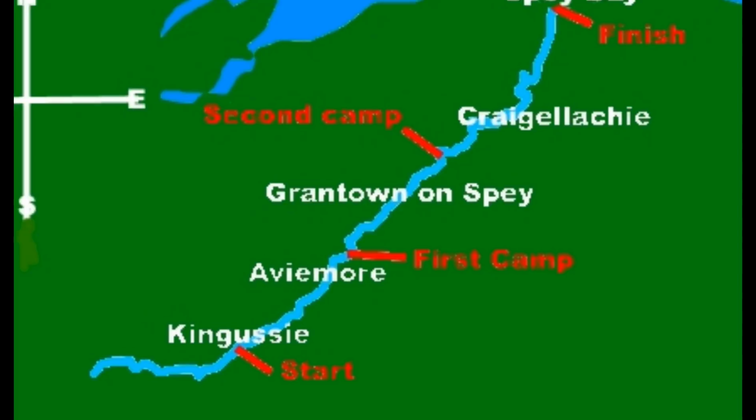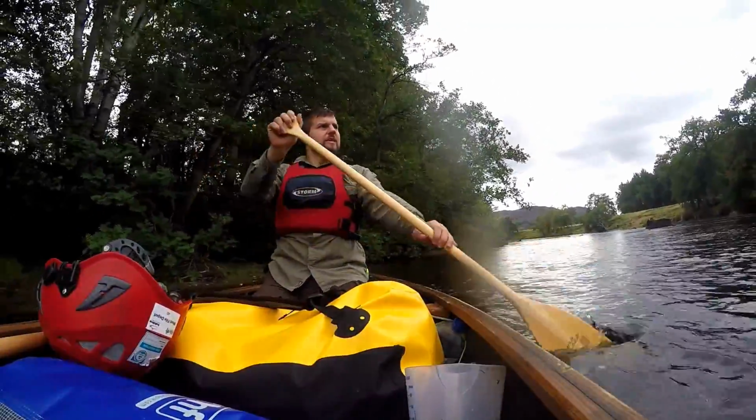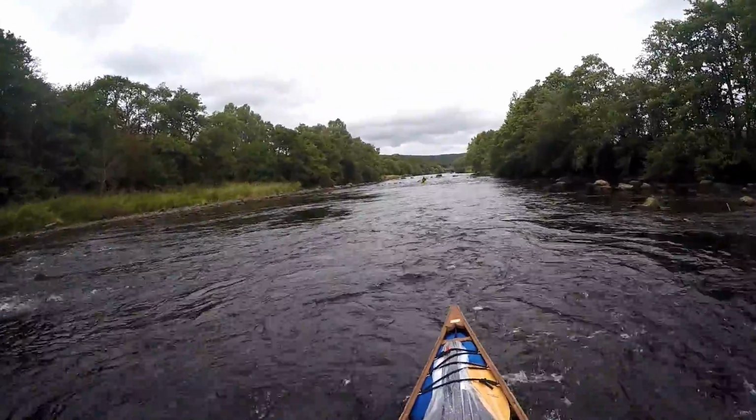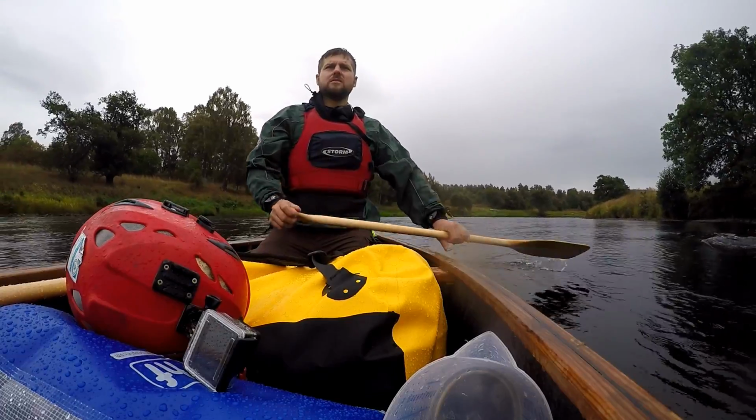We had another long day ahead of us as we set off to paddle the 40 odd kilometres from our camp near Aviemore to a camp around Ballindalach. And that is cast off. We were starting as early as we could this morning in order to make up for our slow progress the day before. We were planning on paddling at least 40 kilometres today, which would be a challenge at this time